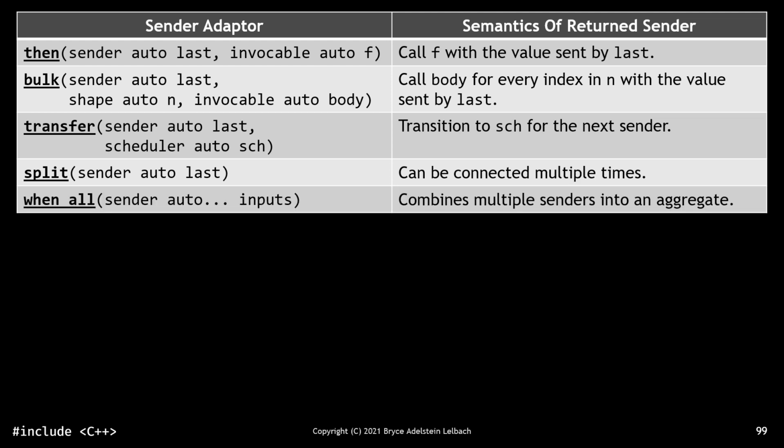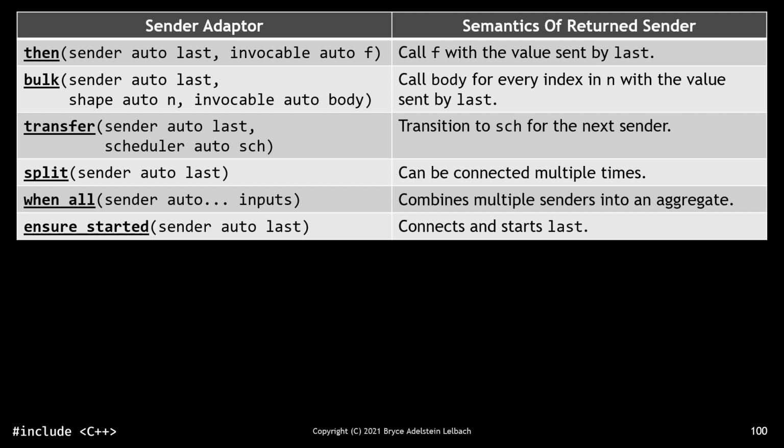Conversely, when_all takes multiple input senders and returns a single aggregate sender that will send the signals from all of the inputs. Senders returned by when_all do not have a scheduler associated with them, which means they do not promise where they complete. when_all senders represent joins in a sender task graph. when_all is not a pipeable sender adapter, as the partially applied piped form would be ambiguous with the fully applied